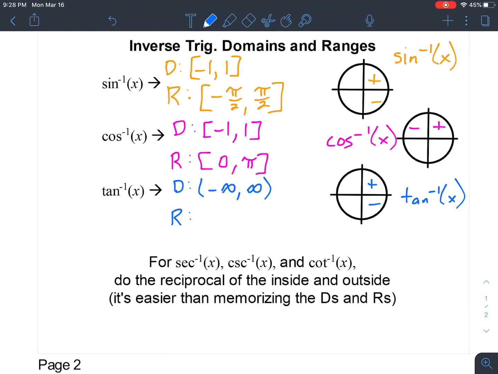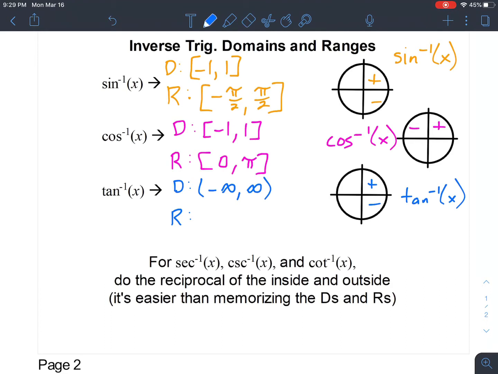One other way that I could explain this is if we consider the graph of arctangent. The graph of arctangent is supposed to look something like that. And the only way that graph is possible is if we use the first and fourth quadrants. If we instead chose to use the first and second quadrants, well, this is what our graph would look like. And that's not a continuous function. We need arctangent to be continuous. So that is one other reason why I'm able to remember that it's the first and the fourth quadrants